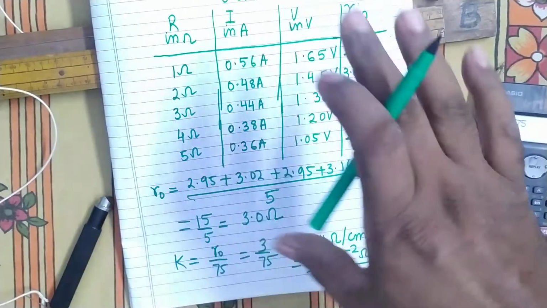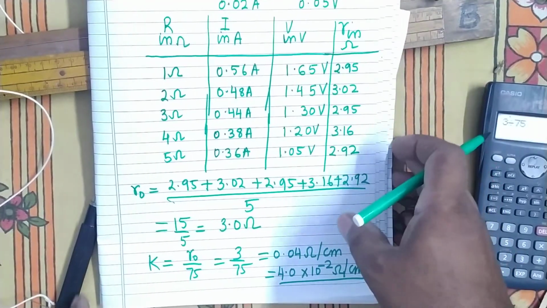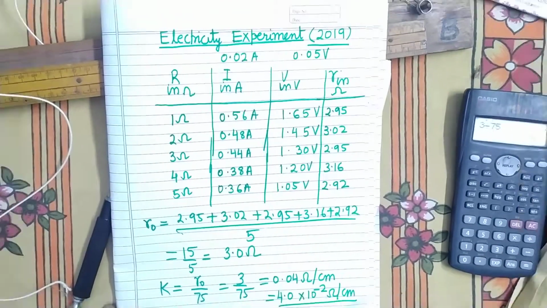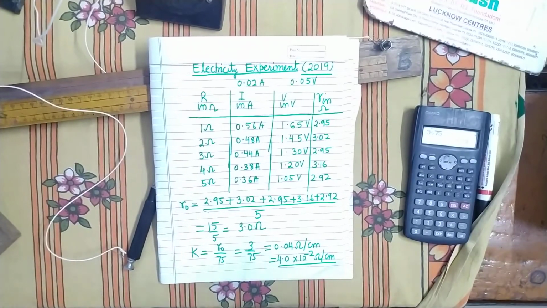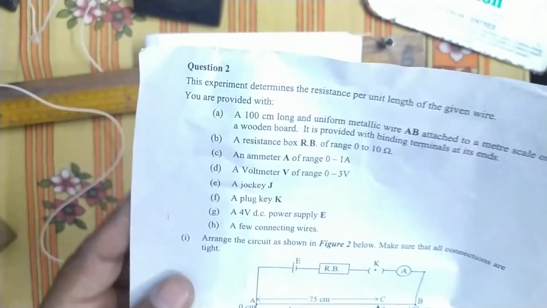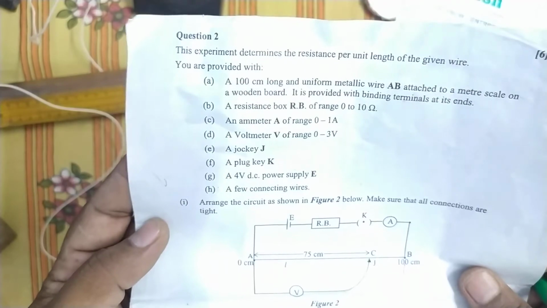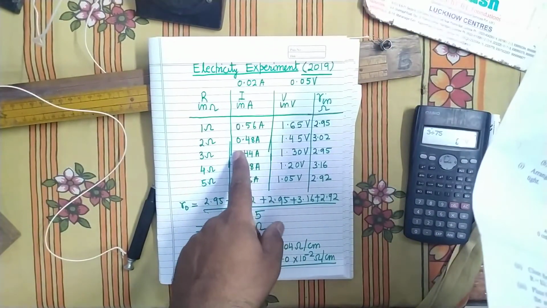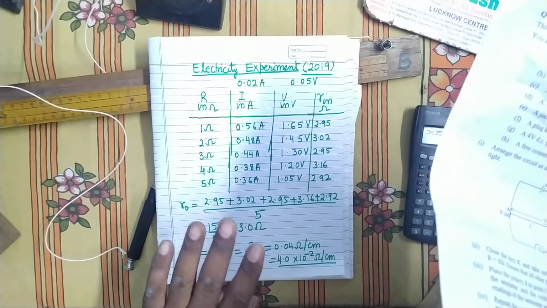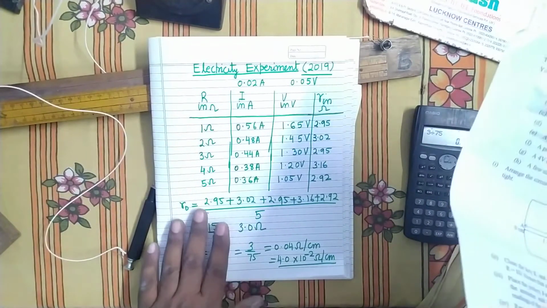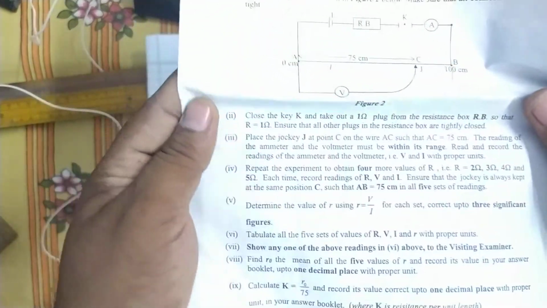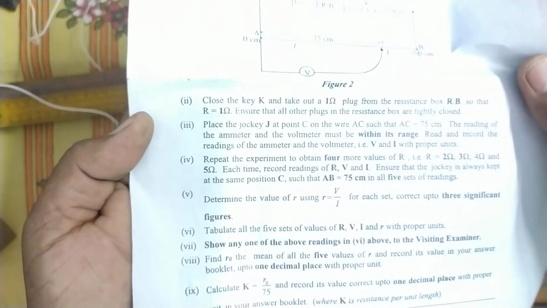So this much you have to write in the experiment. No other thing will be written, because it has not been asked in the question paper. It is clear? The things which have been asked in the question paper, you have to write only about those things. No need to write any aim, apparatus used, formula used, no diagram, nothing. Only this much which is mentioned in the question paper. You will write only about those points.